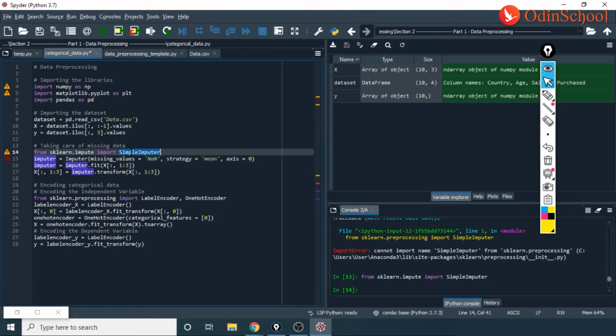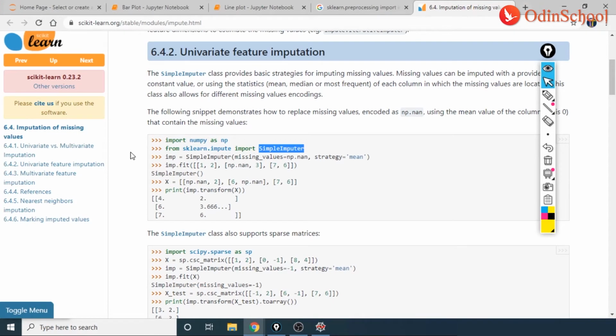So I would want to copy this, delete these values and paste them here. So this also would become simple imputer dot fit, and obviously this would become simple imputer dot transform. See, this is simple imputer, this is also simple imputer.